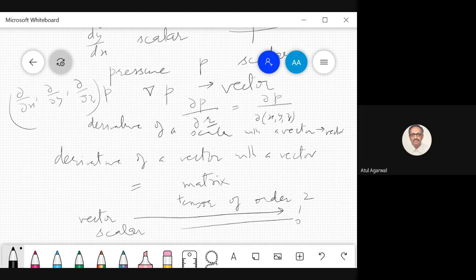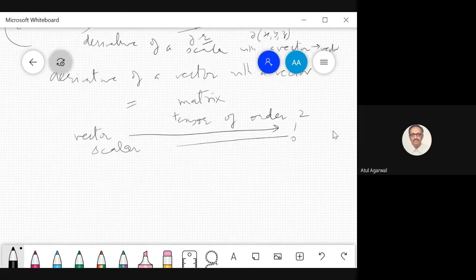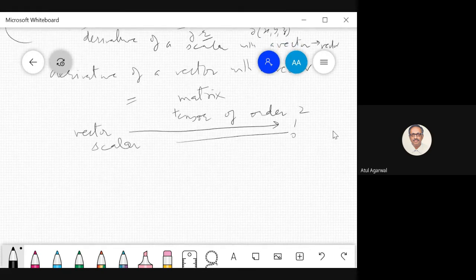So if you go through my lectures, all these things are already taught. I taught all this in mechanics of solids course. So you look at that. So it makes your life easy. Everything becomes shorthand. That is the basic idea. I'll again come to this acceleration, what I derived.